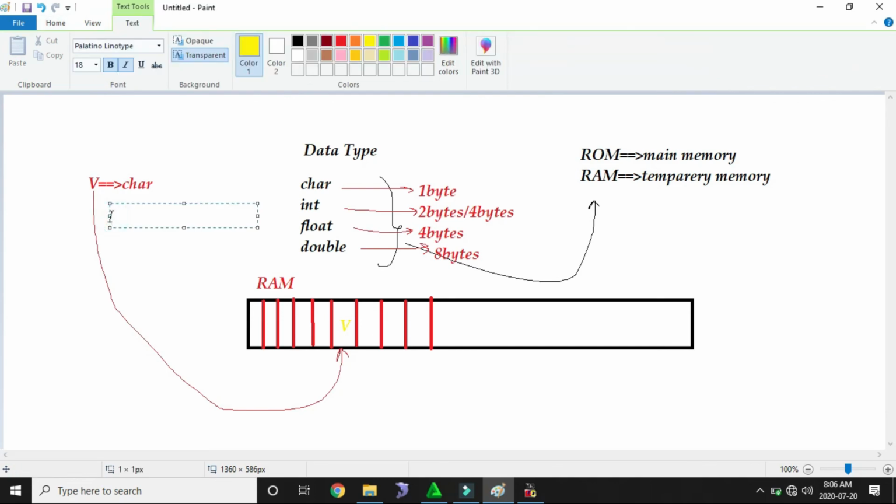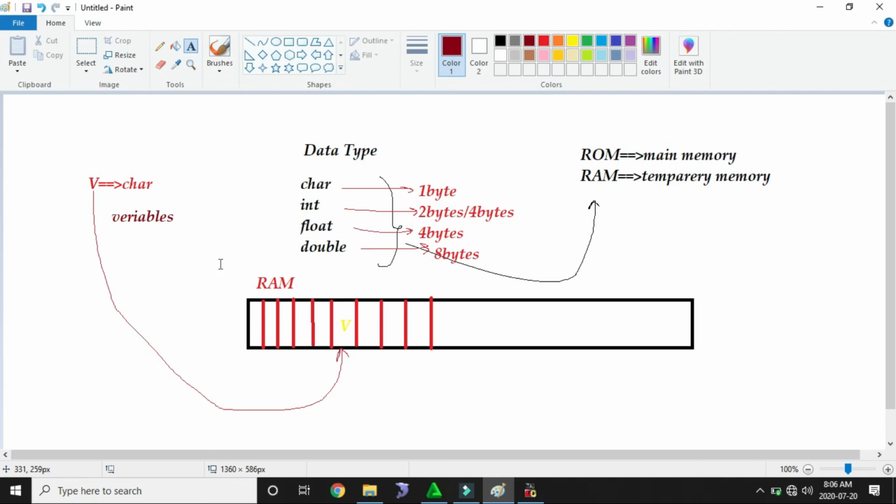That is the reason we have the concept of variables. What variables are and how we need to write them, and this entire process, I will explain again in the next session. Thank you.